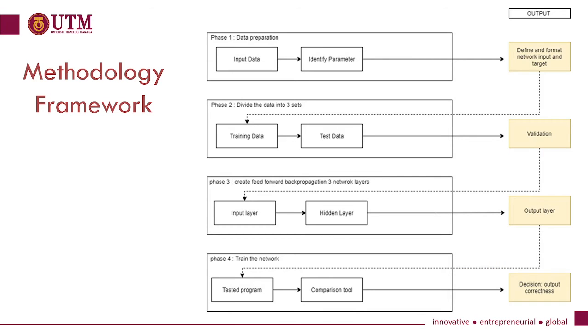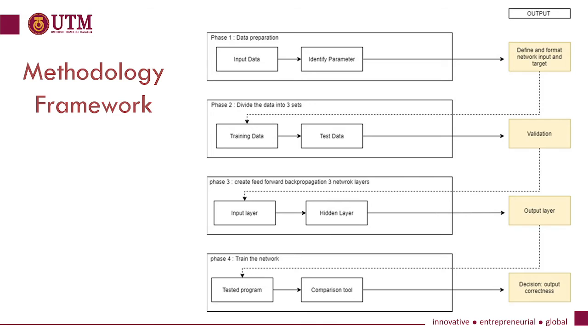Okay, this is the methodology of the framework. How does the artificial intelligence neural network work? There are a number of important stages in the automated QA testing process, which typically runs in parallel with the software development life cycle, or SDLC.